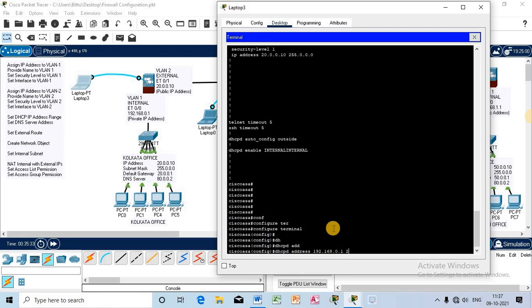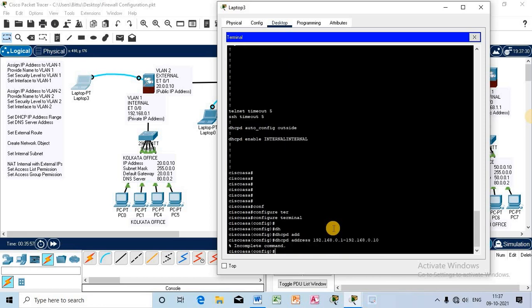How many computers will obtain IP? Maximum of 10, so 192.168.0.10. A maximum of 10 computers will be able to obtain an IP address dynamically from this hardware firewall.